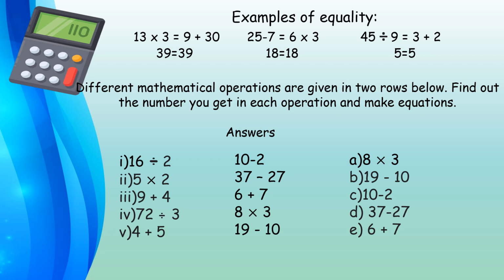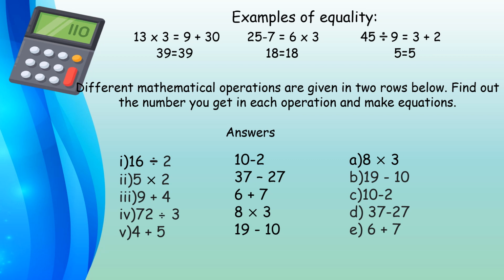In this chapter also we will be solving questions on LHS and RHS in the future. Let us begin with some examples of equality first. How to find both the sides same with our 4 rules of addition, subtraction, multiplication and division, that is BODMAS, where we are taking only these 4 things. Now the first example, 13 into 3 equals 9 plus 30. When we solve both the sides, that is LHS and RHS, we get the answer 39 and 39 on both the sides. So 39 equals 39.